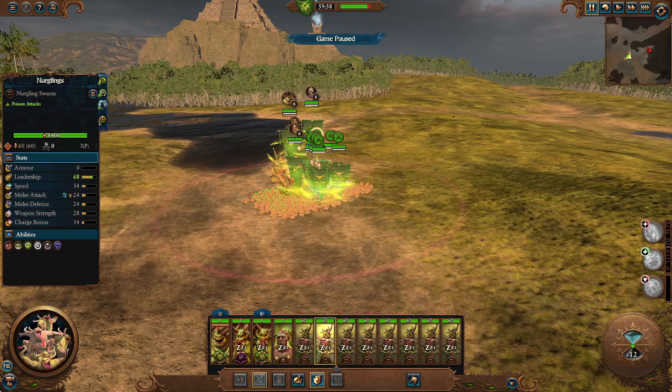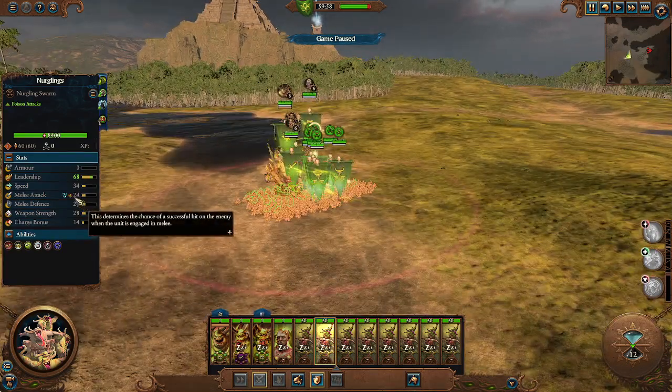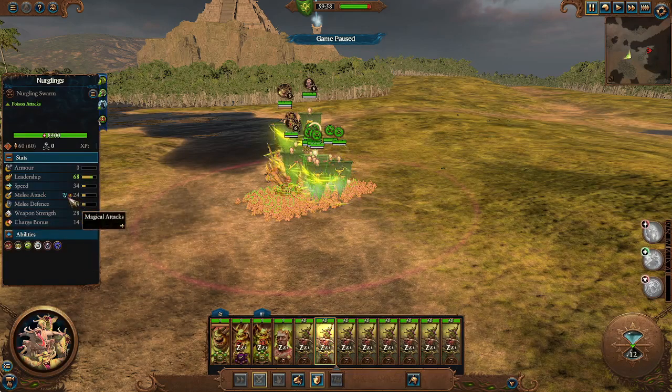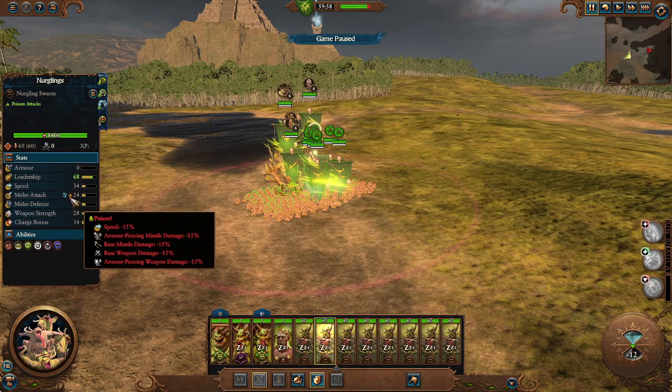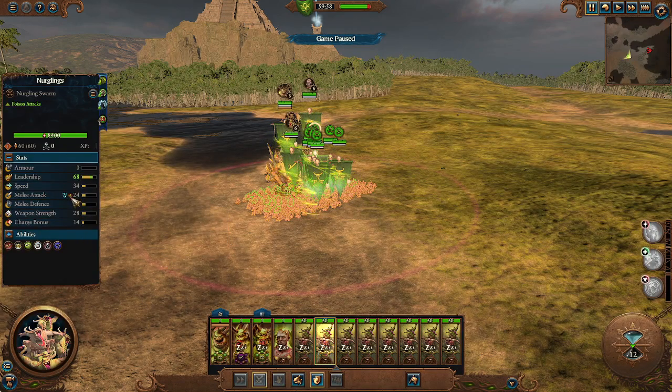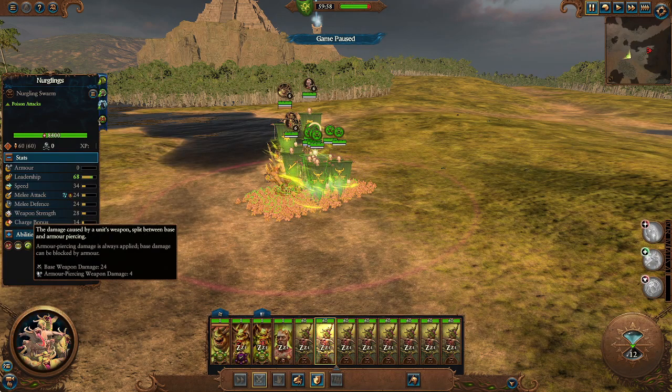they stay in melee. And another passive that they get, whether they're demonic or not, is the poison attack, which also reduces, if I hover over it here, it should be able to tell me. There we go. Poison, -15%. I keep moving it there. Missile, sorry, it keeps going over it, but